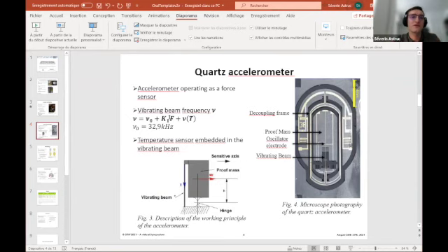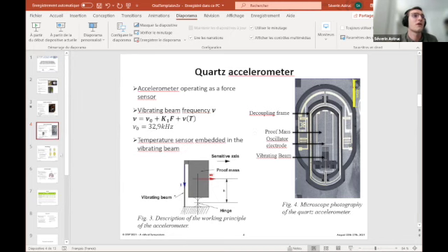Unfortunately, there is also temperature drift, which causes drift in the frequency. So we added a temperature sensor directly into the vibrating beam to measure the temperature and allow compensation of